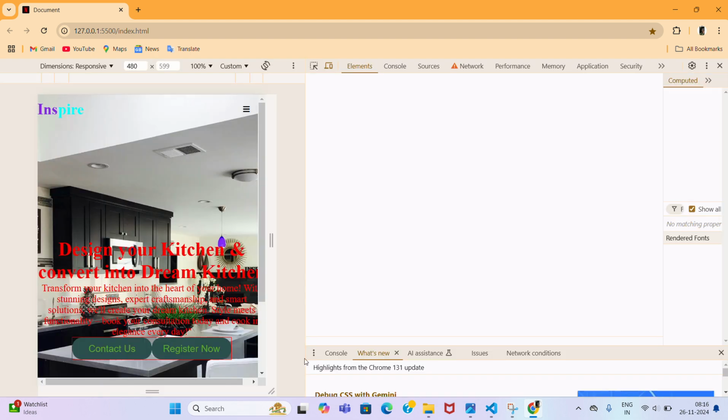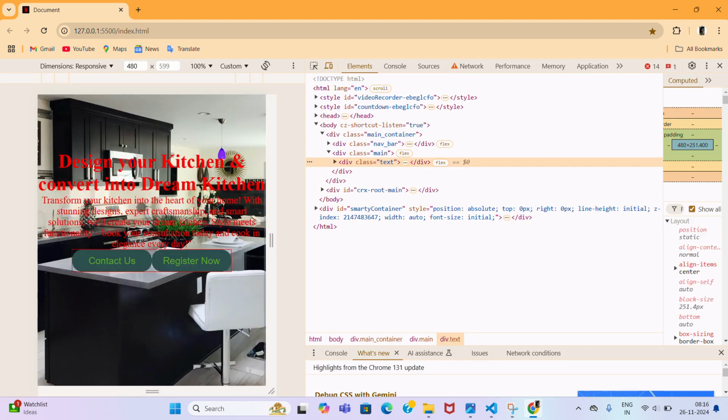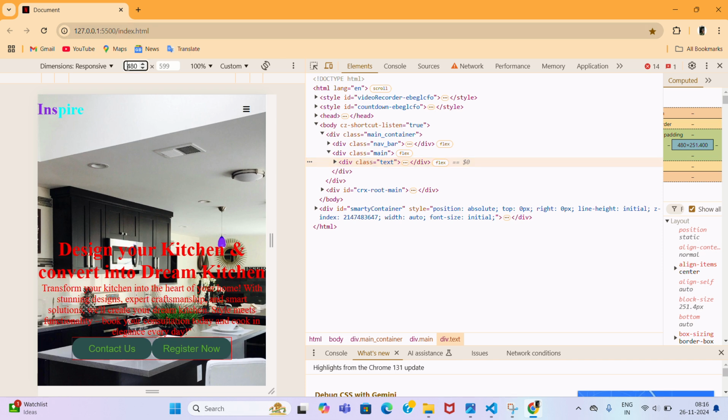Let's check if it's responsive or not. This is responsive in 480 pixel and